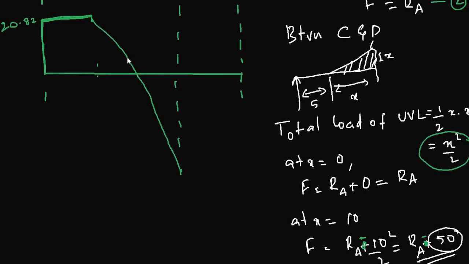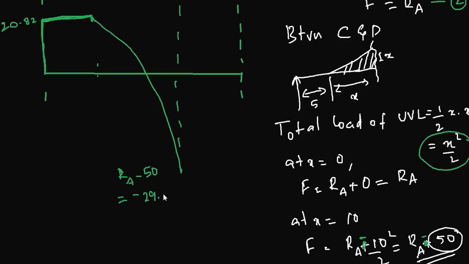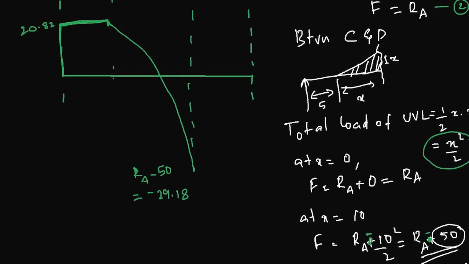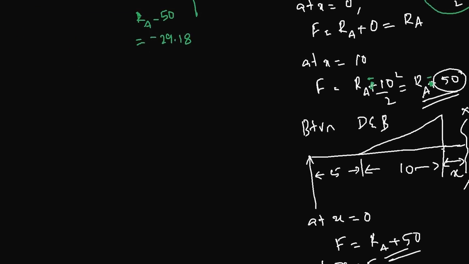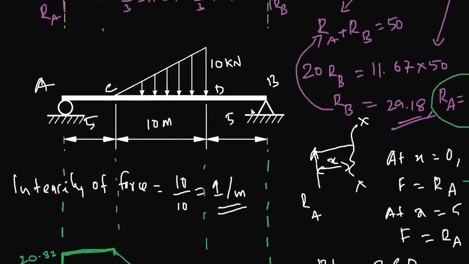So you will have a curve like this. I'll draw once again. You have a curve, not a straight line, a curve like this. There is no change, but the thing to note here is that here the magnitude is RA minus 50, which is equal to minus 29.18. And then, as you can see, in the third section, which is between D